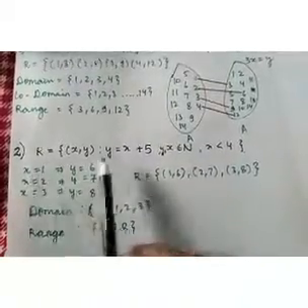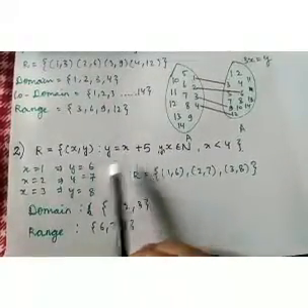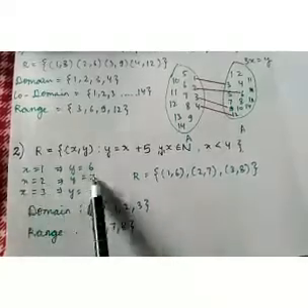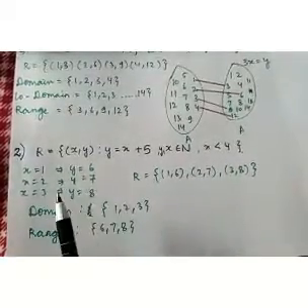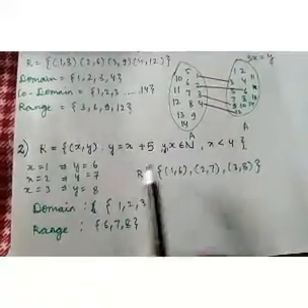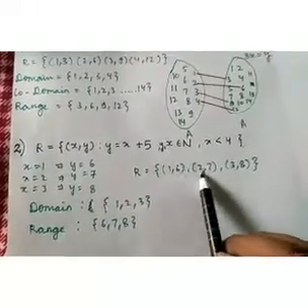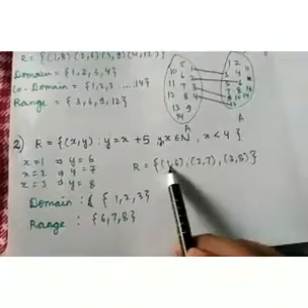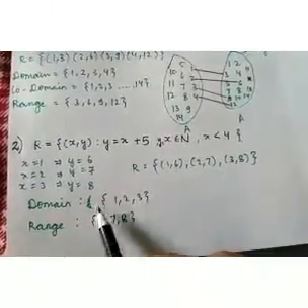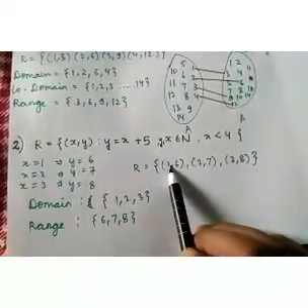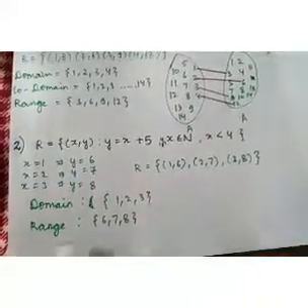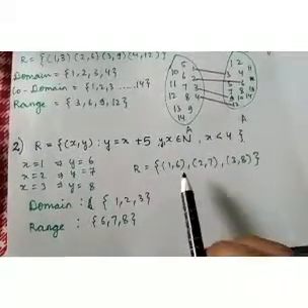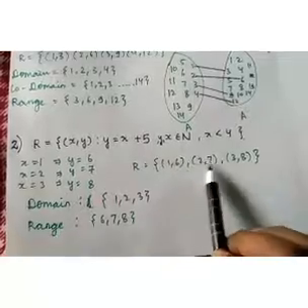When x is 1, then y is x plus 5, that is 6. When x is 2, y is 7. When x is 3, y is 8. So now we can write the relation R as the ordered pairs (1, 6), (2, 7) and (3, 8). Domain is the set of first elements of these ordered pairs. So the domain will have elements 1, 2 and 3. And range is the set of second elements in the ordered pairs. So range will have 6, 7 and 8.